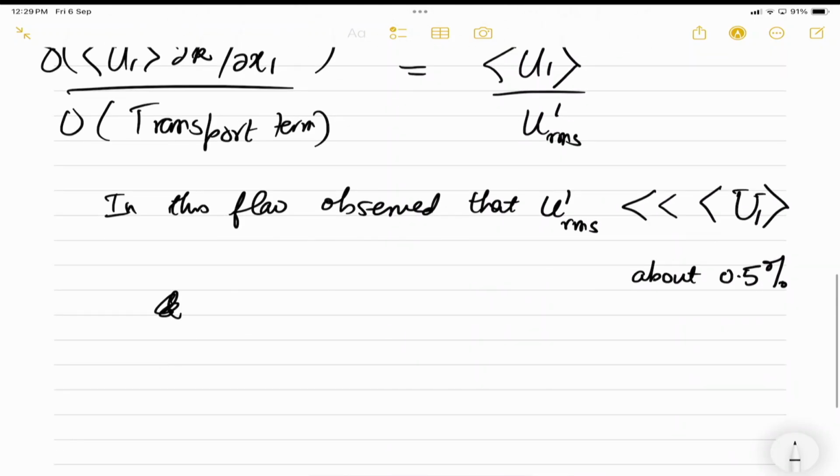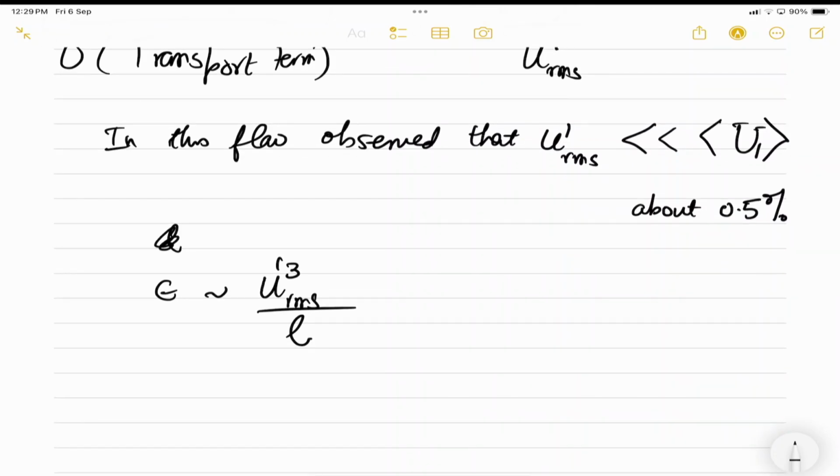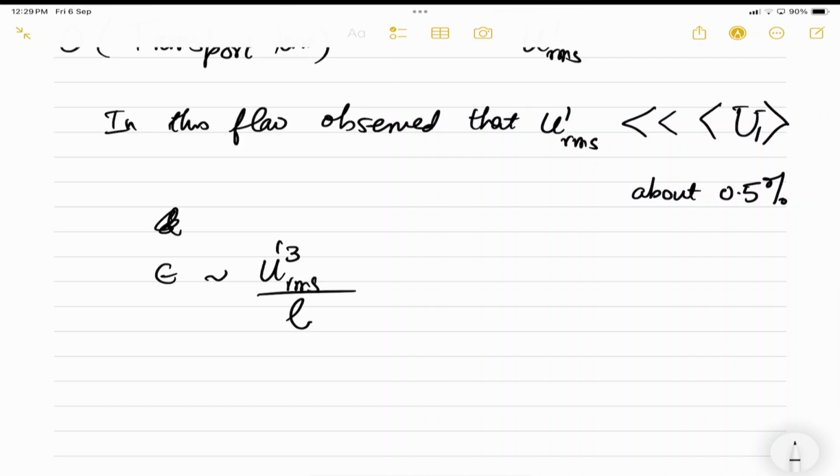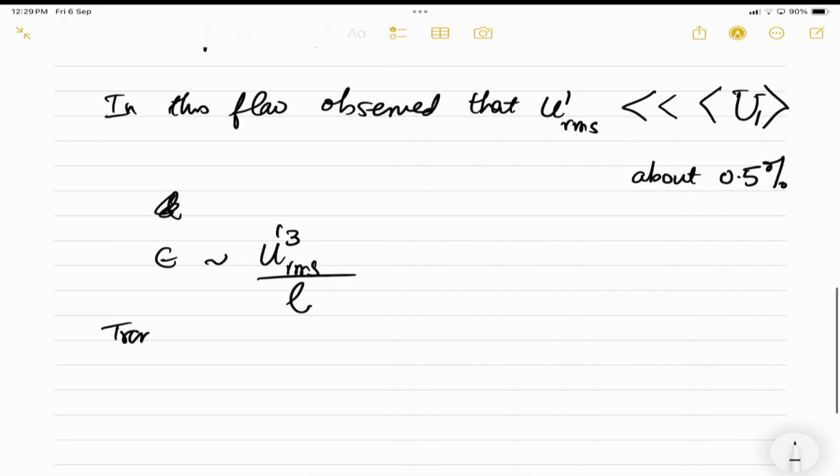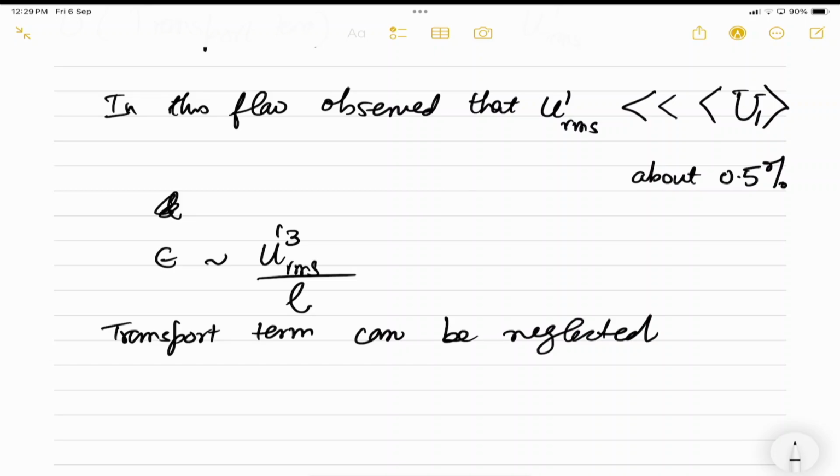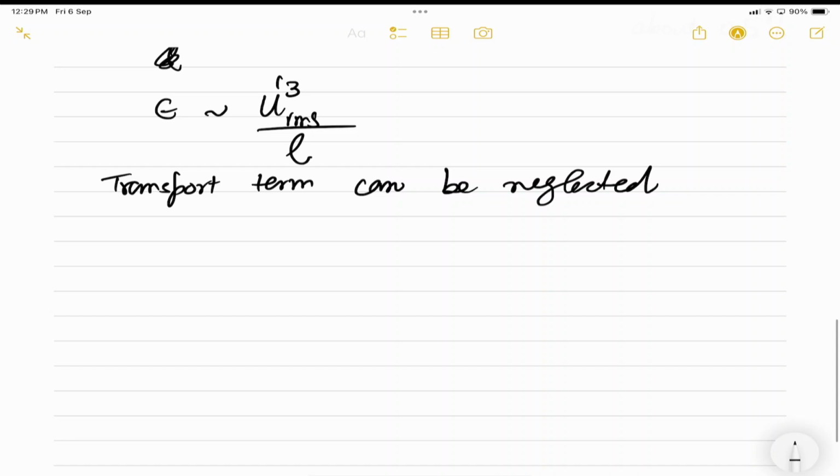the epsilon term, if we look at it, is of the order of u prime RMS cube upon L. So therefore, the transport term can be neglected, and what we get is mean of u1